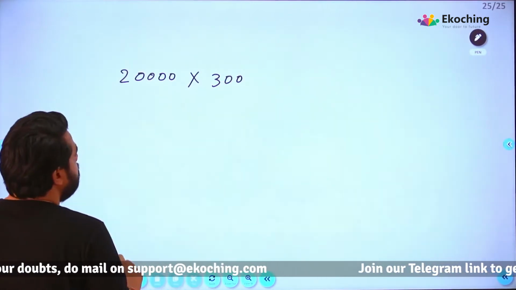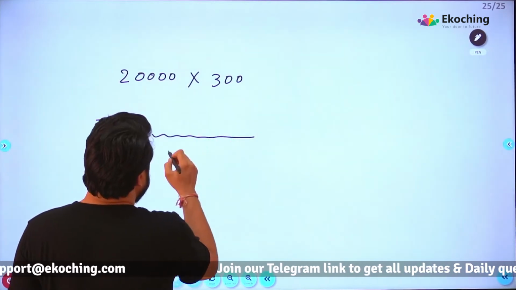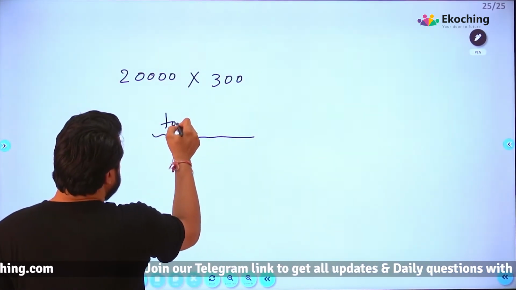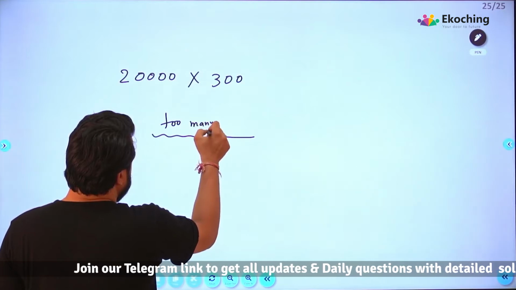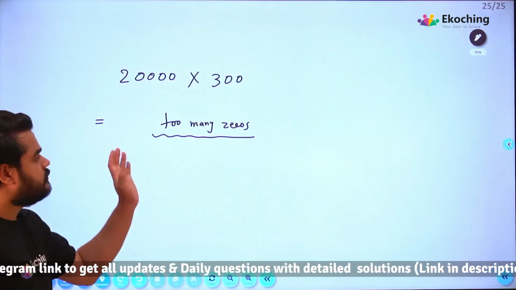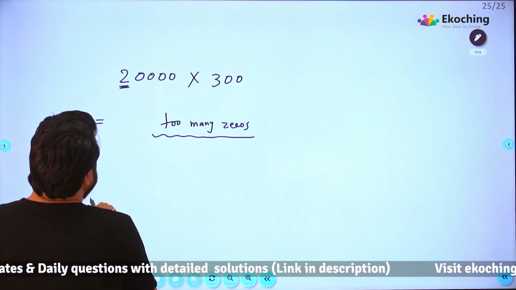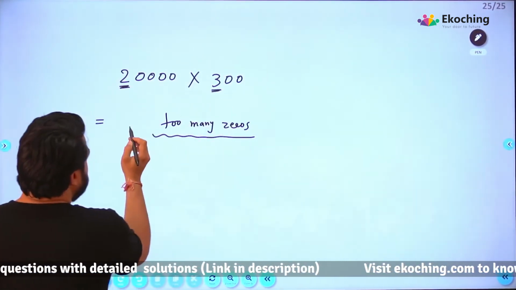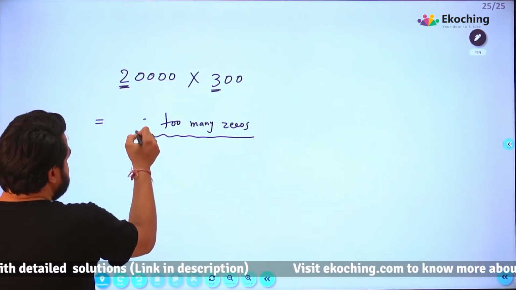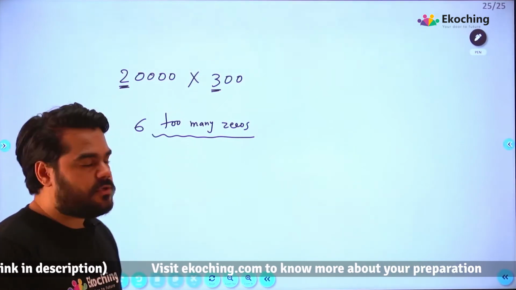Okay, so you can understand that पीछे बहुत सारे जीरो आएंगे. Let's say too many zeros. We can count how many, but I don't want to. So I'm just saying too many zeros. इसका लास्ट नॉन जीरो है 2, इसका लास्ट नॉन जीरो है 3, so इसका लास्ट नॉन जीरो डिजिट 6 ही होगा,